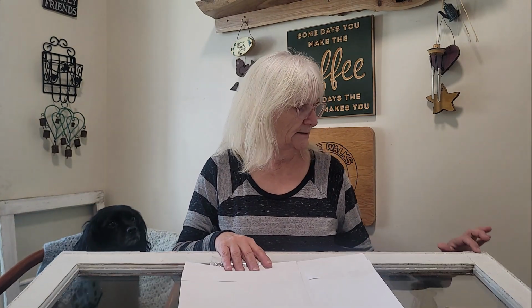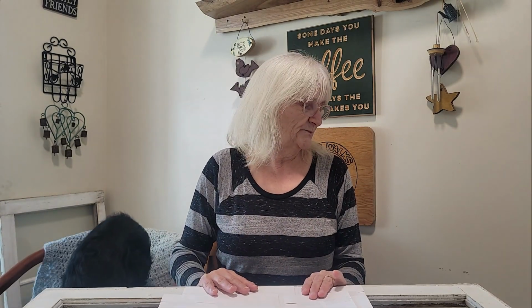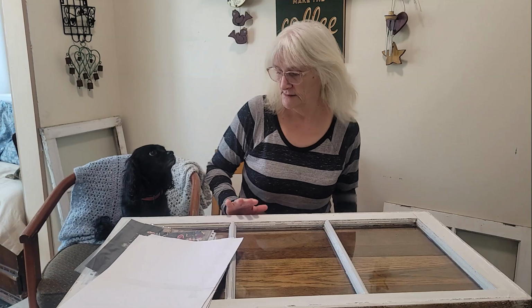This window has all been cleaned, and I did a little bit of touch-up painting, but not much because I want it to look old. So I'm going to change the camera angle and show you exactly what I'm doing. Okay, so